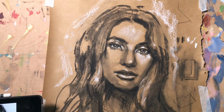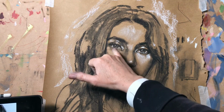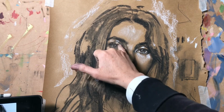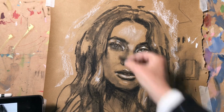Because all that information is good information, I don't want to lose it all. I'm just going to move that down there a little bit. Move it all a bit down. Once I've smudged that at the bottom, and I got rid of that information, I can put on the new